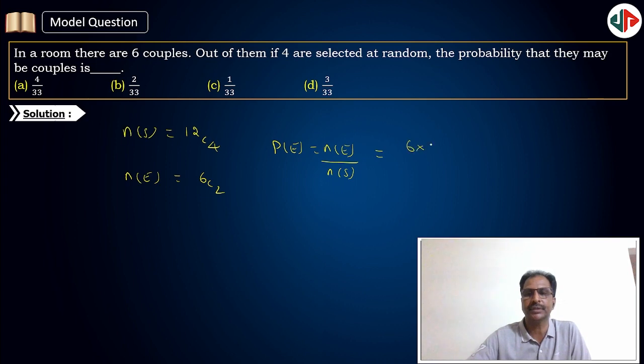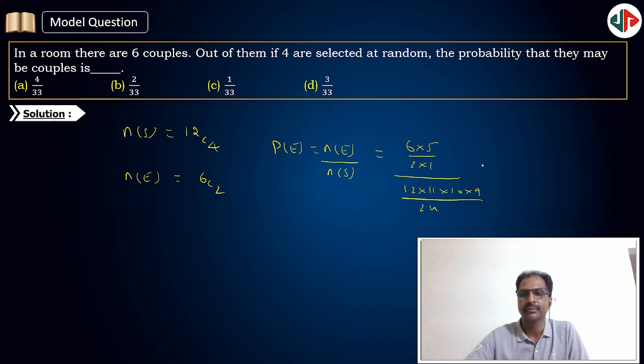6C2 is 6 into 5 by 2 into 1. 12C4 is 12, 11, 10, 9 by 4 factorial, which is 24. So this is 15. The 5s get cancelled. 3 divided by 11 into